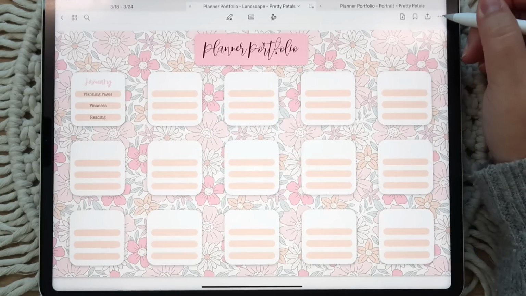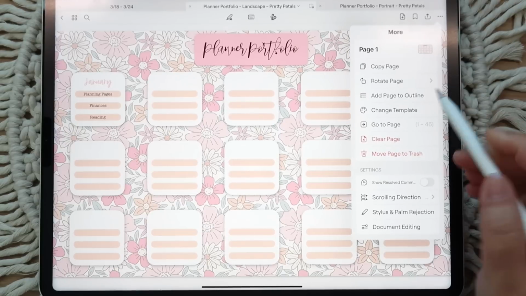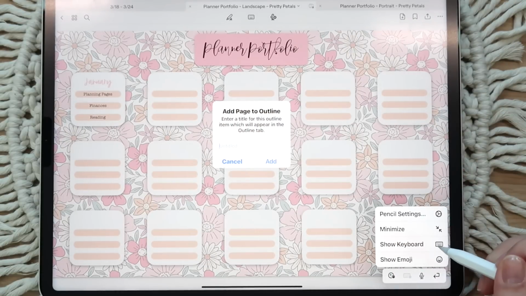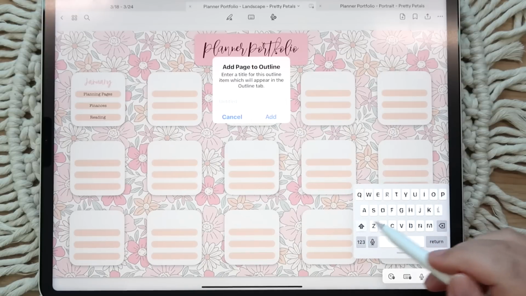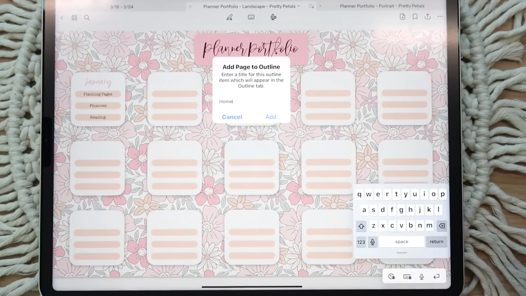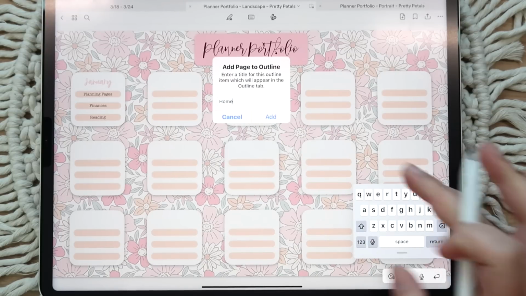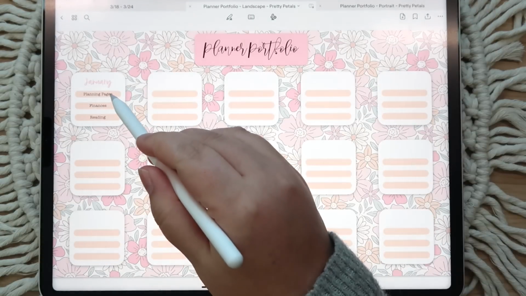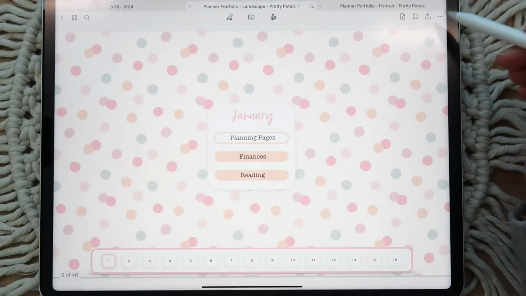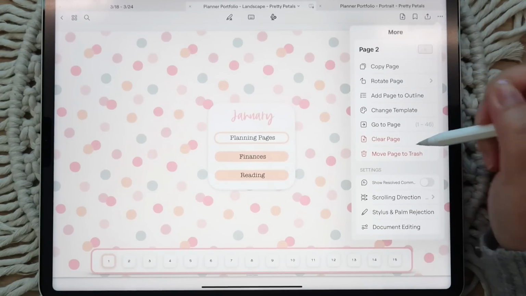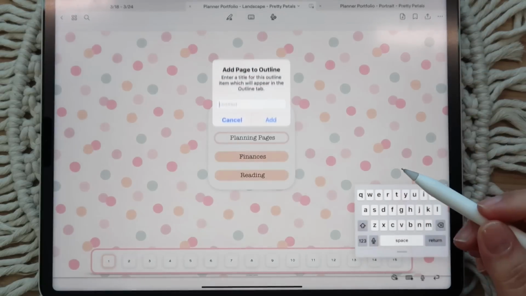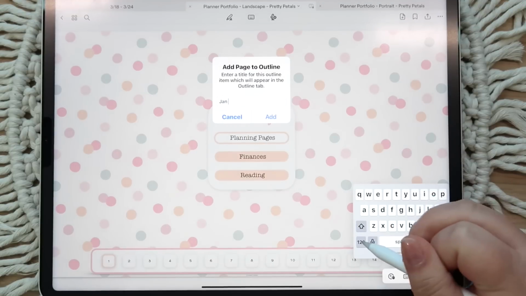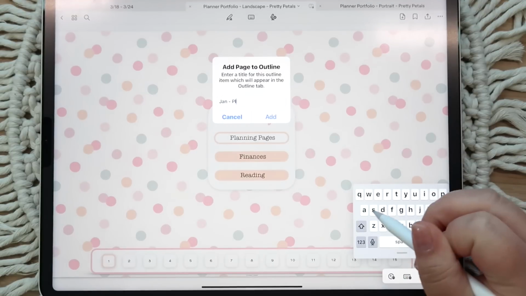So you're gonna tap on these 3 little circles right here and hit add page to outline. And then I can label this as just home. And I'll show you why this is important once we actually add stuff to this. So now I'm gonna go to my planning pages and I'm gonna add this to my outline. And you can just kind of do this as you go, by the way, if you want. So I can put Jan dash planning pages,